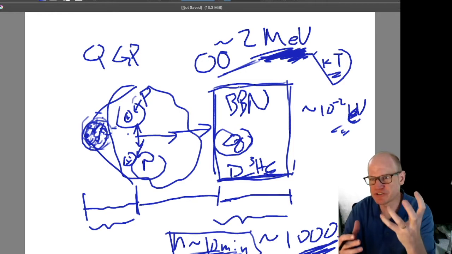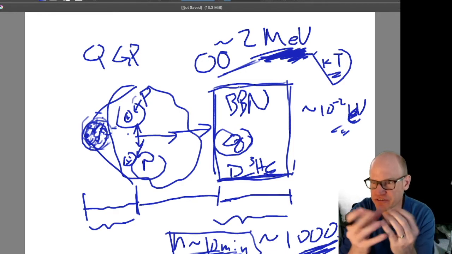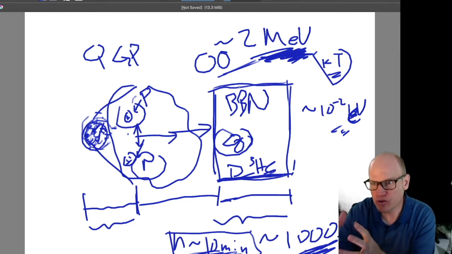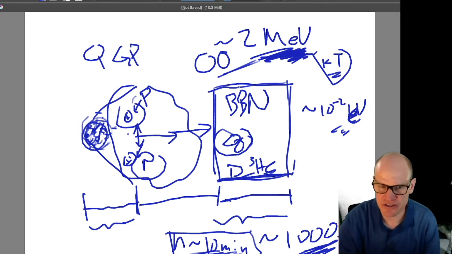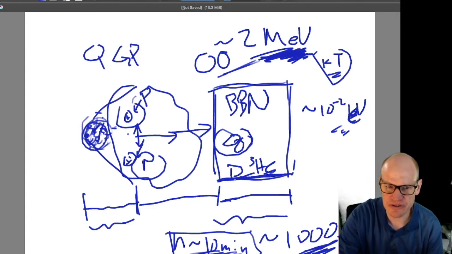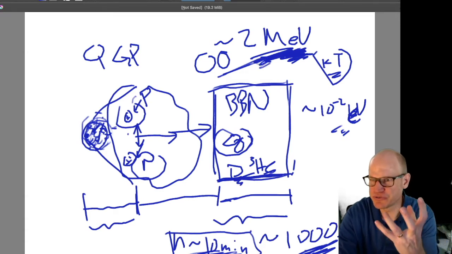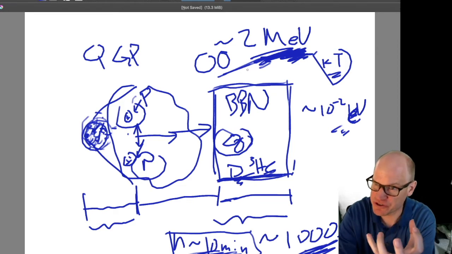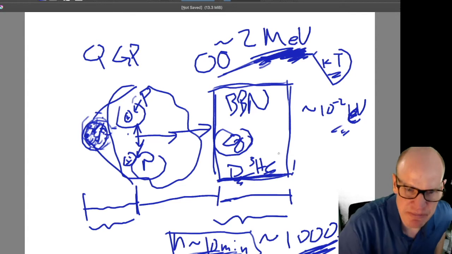In one case, it's too hot, but dense enough to have enough collisions. In the other case, once it's cold enough, it might be too diffuse, and so you would never get Big Bang nucleosynthesis starting. You would never form any deuterium if the universe was too diffuse to start with, and so by the time it got to cold enough temperatures to allow the fusion to take place, there weren't any particles left to fuse. So that's Big Bang nucleosynthesis.